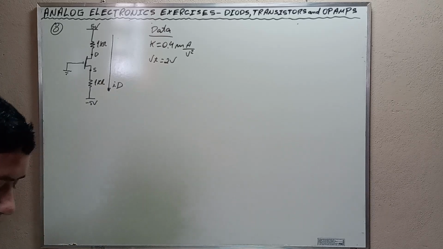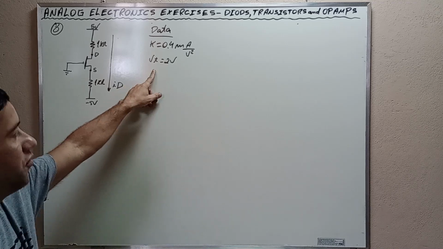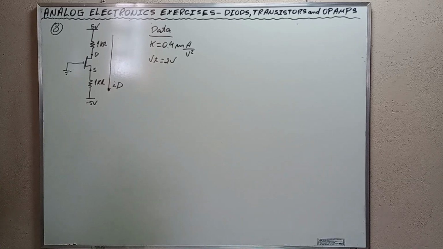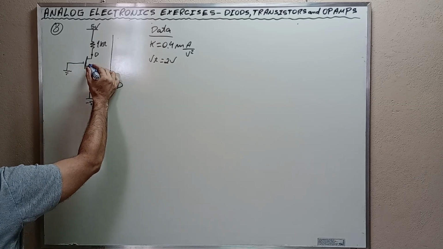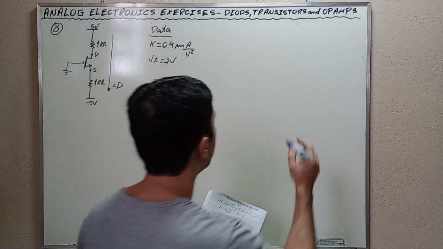Find the value of ID for the circuit of the figure. And the exercise gave us this data here. Okay, let's go to the solution. Firstly, we need to identify what kind of transistor we are working with. It is the MOSFET, okay? This transistor here is the MOSFET, alright? And for the MOSFET, I'm gonna put it here,